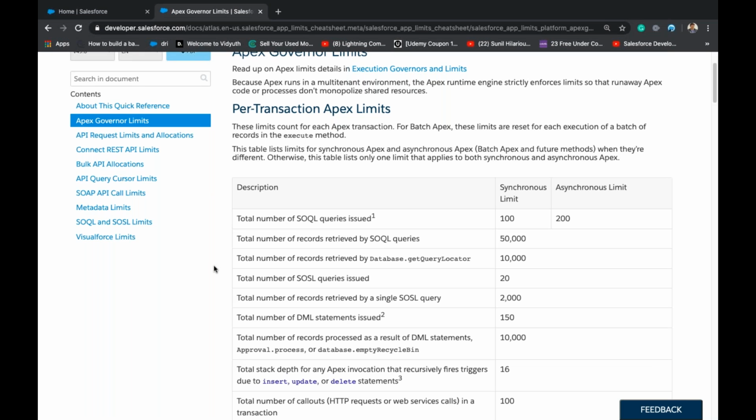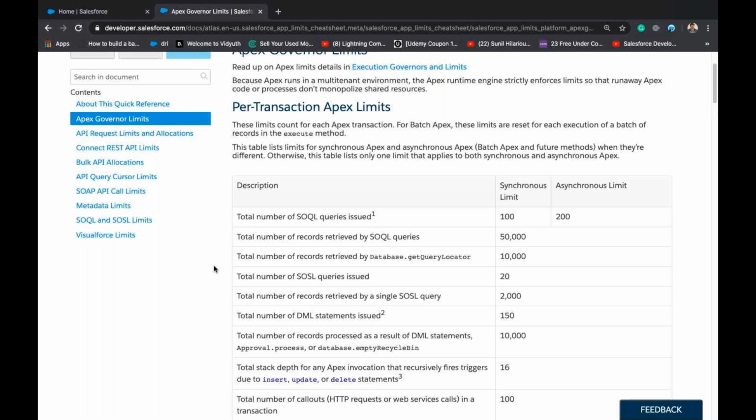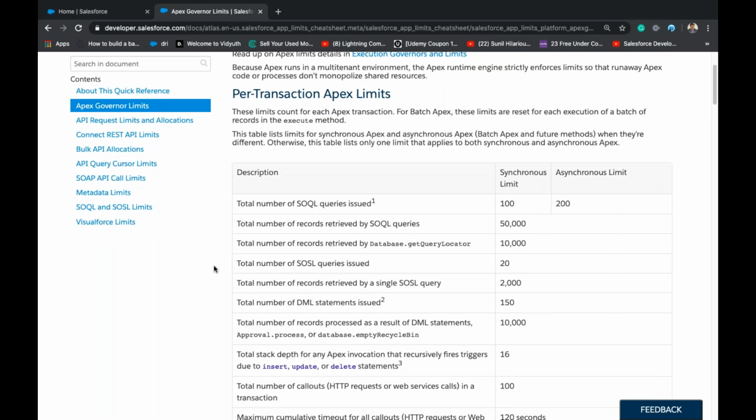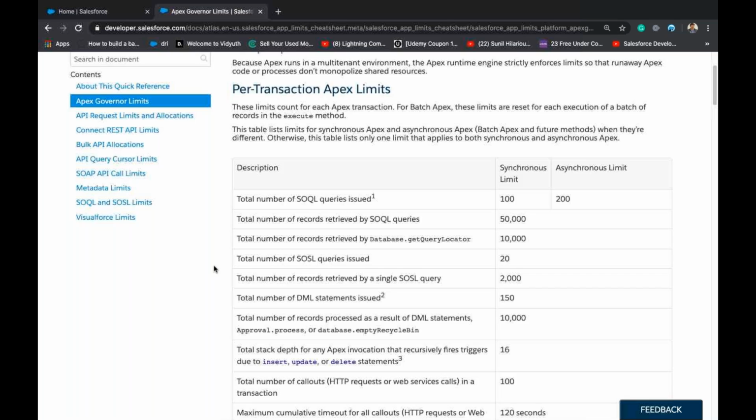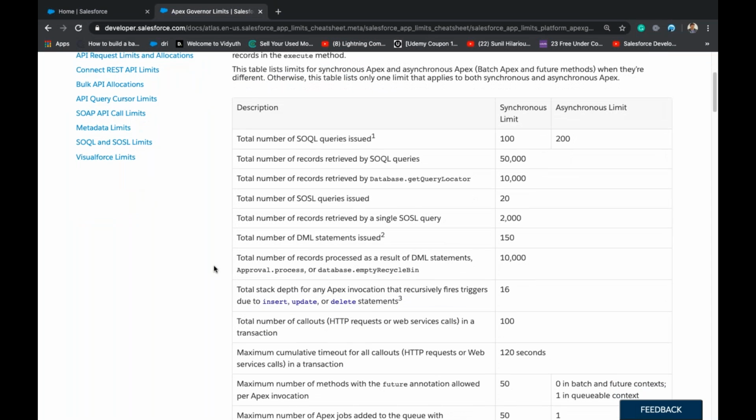Help.salesforce.com is for admins. Developer.salesforce.com is for developers. You can refer to blogs or websites when you have the capability to judge which is new content and which is old content. Until then, always keep an eye on developer.salesforce.com or always try to compare.